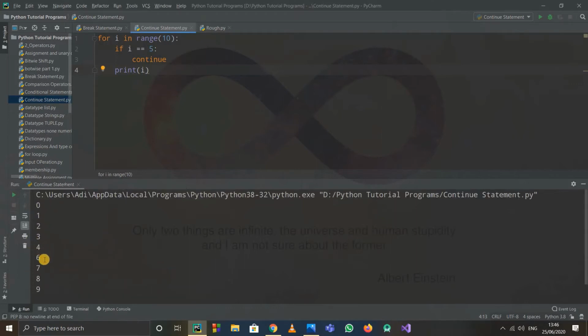So what happened here is, first of all i will be 0, so this condition is not satisfied, so it will not execute the continue statement, it will directly go and print i. So 1, 2, 3, up to 4 it will print out, but when i is equal to 5, it will see that i is equal to 5, then it will have to continue. Whenever the compiler encounters this continue statement, it will not see what is there afterwards, it will directly jump to the start of the for loop.